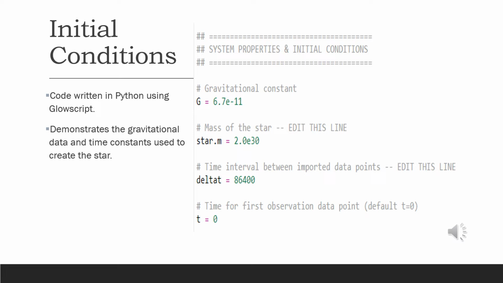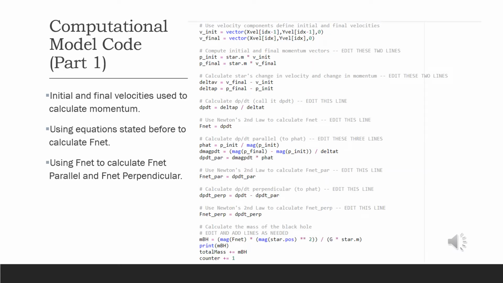Moving on to my computational model, I wrote the code in Python using those scripts and set the initial conditions. I would like to call attention to the gravitational constants and the mass of the star as you see here and here. Now for the code itself, I used the equation stated before to calculate momentum and each component,